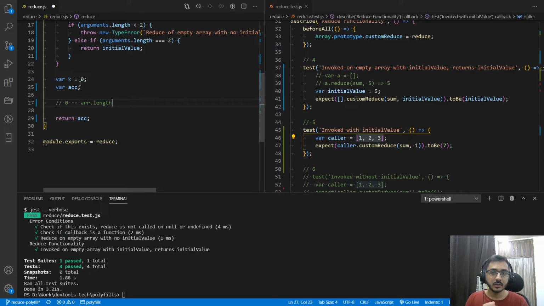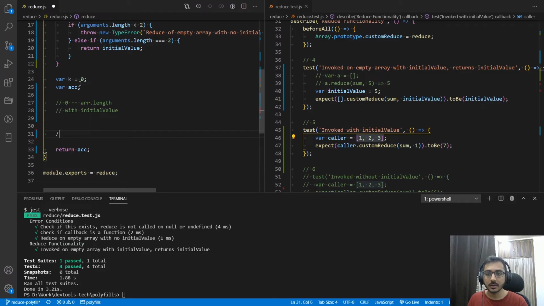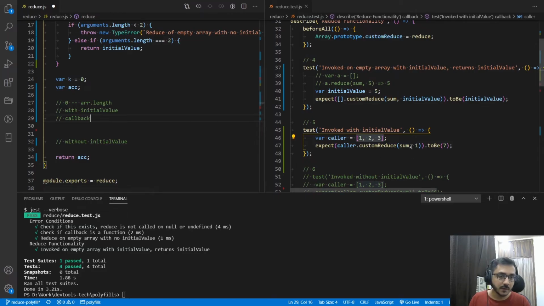Now let me explain the basic crux of it. In reduce, there are 2 conditions: one is with initial value and another one is without initial value. Our callback, which would be the sum function here, usually takes 4 parameters.